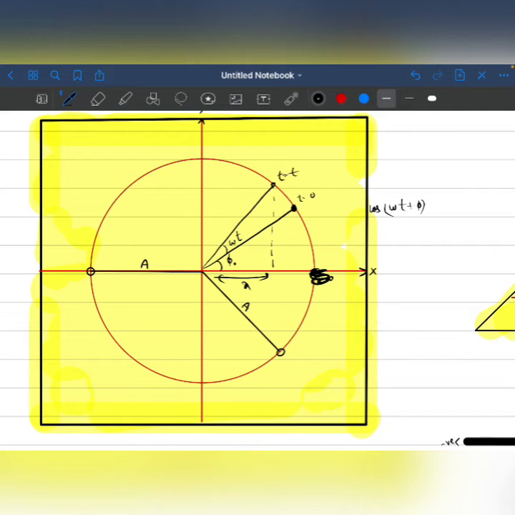So cos of this angle is base by hypotenuse, equals x by a, or we can say that x equals a cos(omega t plus phi naught). This is for the anti-clockwise motion, x displacement in terms of cos. Now cos of minus theta equals cos of theta, we know that also. So this is not very popular because this is a confusion a lot of people have. Sine of minus theta is actually minus sine theta, no? So this is why people prefer it, and I will show you how the sine is coming.